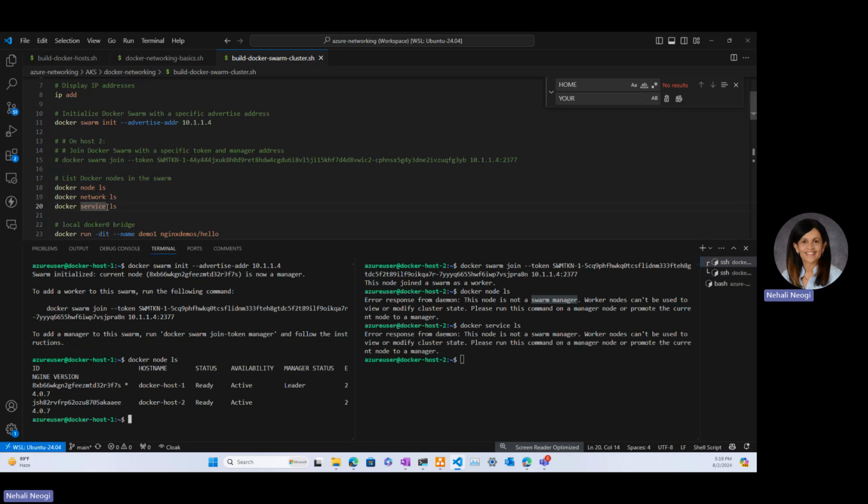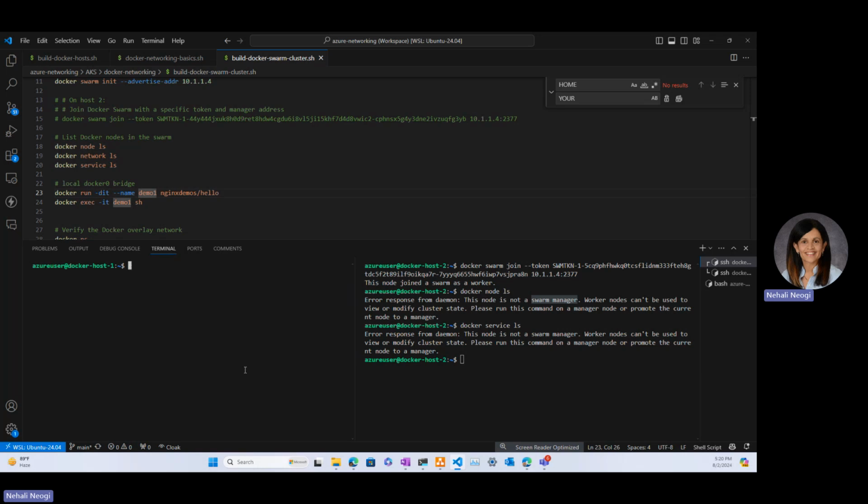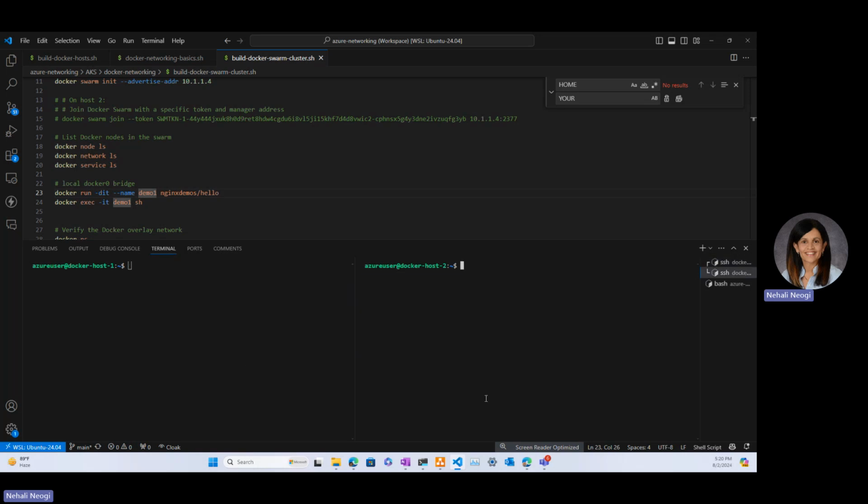Oops, I need to run everything on the main node, just to validate there's nothing running. So now let's do a simple docker run command. We will run this demo 1 container and see what happens. In fact, before we do that, now that they're part of the swarm cluster, I want to show you this